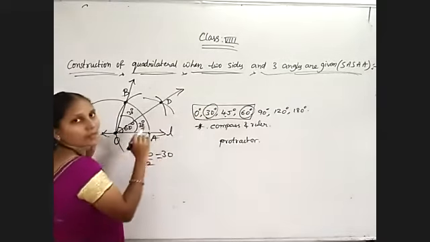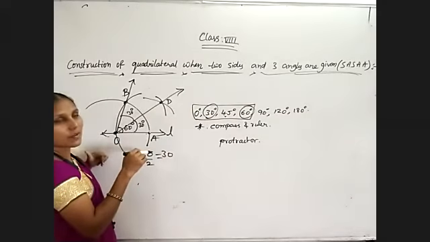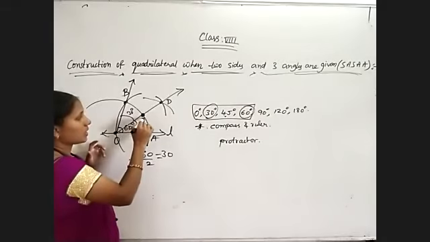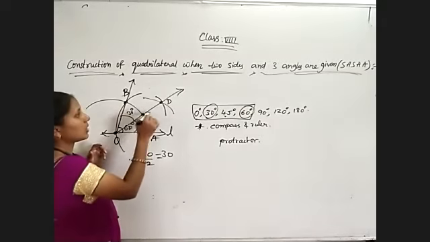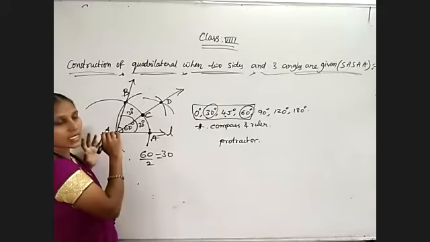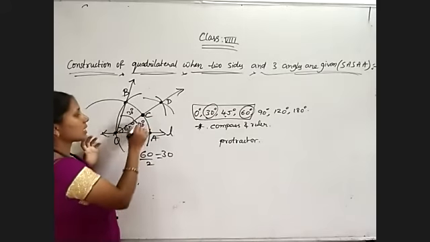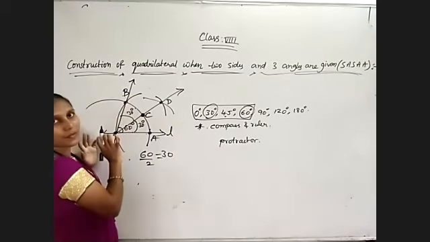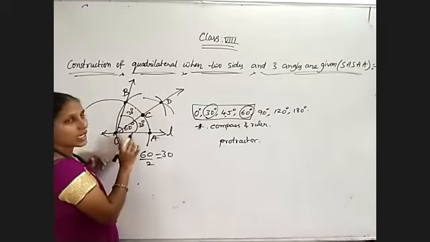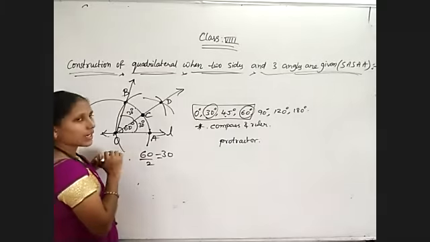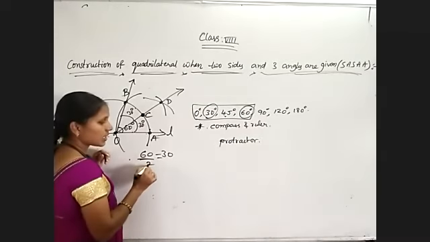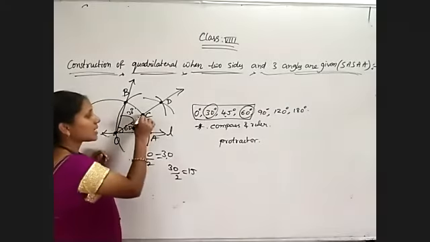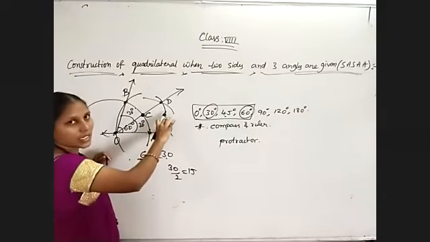Now what about 45? 45 is nothing but 60 minus 15, otherwise 30 plus 15, yes or no? Till here we know 30 degrees, these 2 points A, C, D. This one take as C. So angle AOC is equal to 30 degrees. 30 plus 15, otherwise 60 minus 15, is also 45 only. For that, first of all we need to find 15 degrees. How will you find 15 degrees? Half of 60 is 30. Half of 30 is equal to 15. It means if we find the bisector of 30 degrees, we will get 15 degrees.